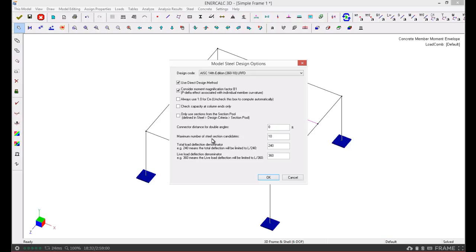The maximum number of steel section candidates is a value that you can set to determine how many possible solution members the program will offer us. And then we have two different values that we can specify as the denominator in our controlling deflection ratios, total load deflection and live load deflection, if we're using those in our design. So I'll click OK,